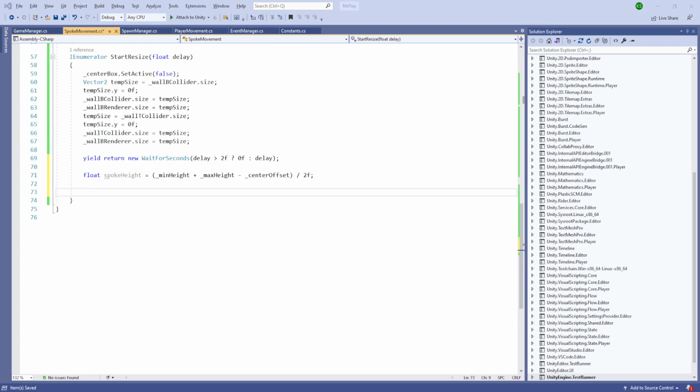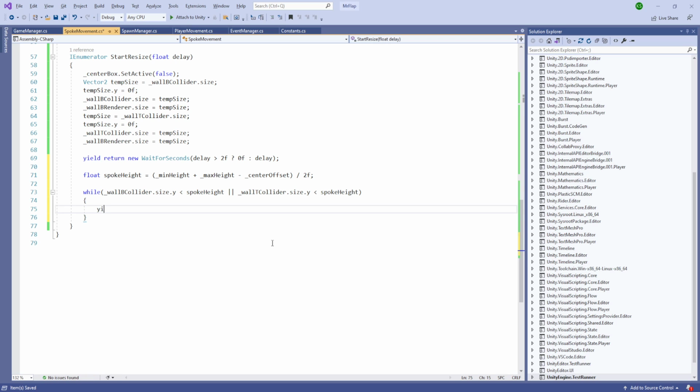And after having our spoke height, while wall B collider dot size dot y is less than spoke height, or wall T collider dot size dot y is less than spoke height,